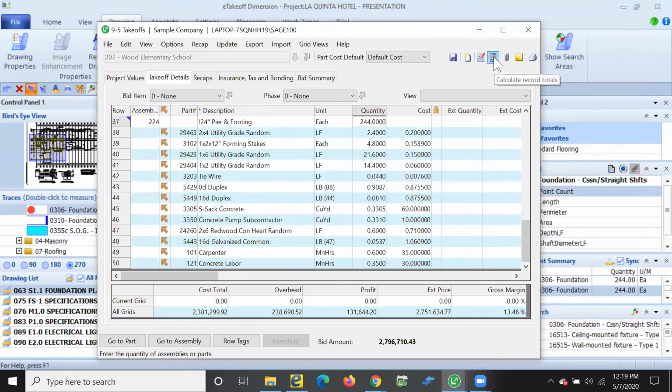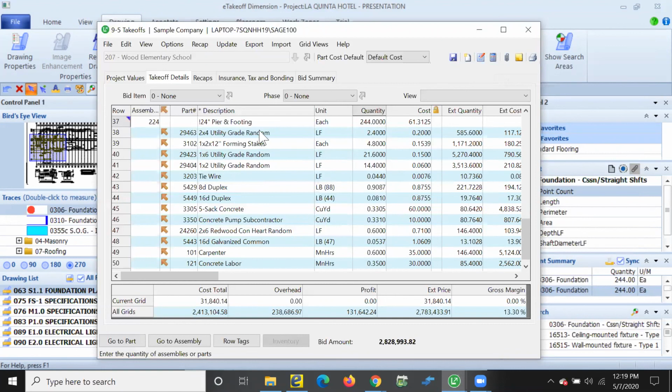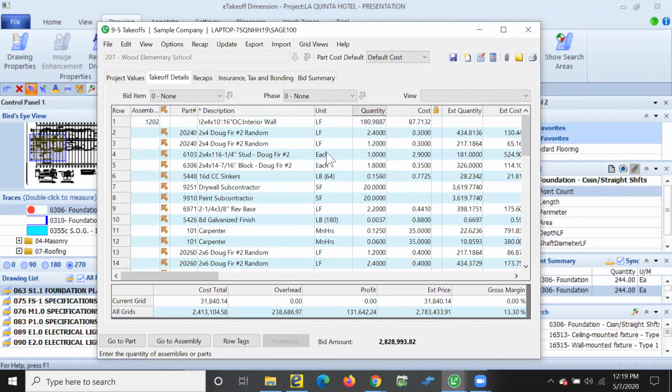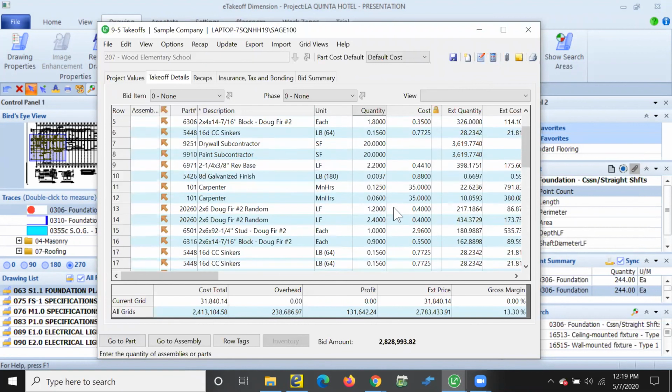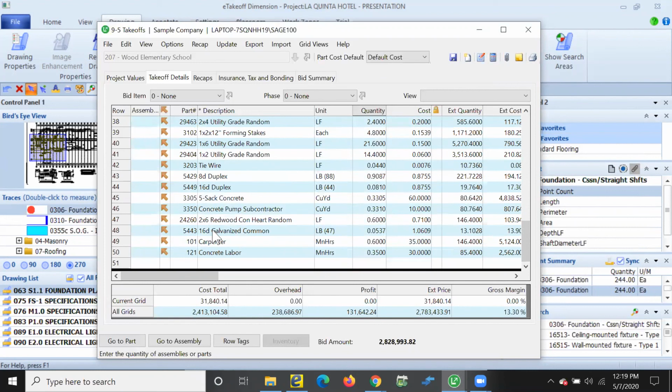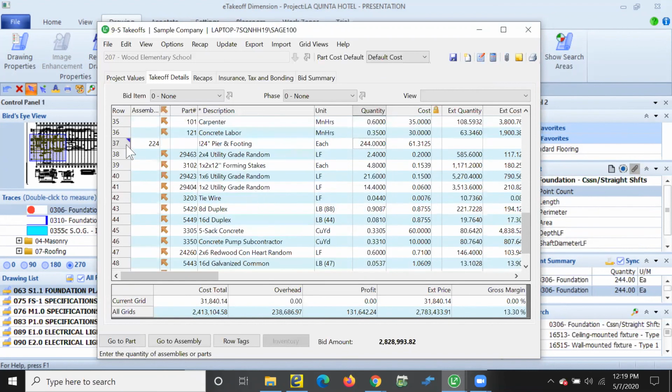Hitting that calculate button allows us to calculate the rest of the items that are included in that assembly. Same thing, I hadn't clicked calculate for my walls above, but we'll do the same thing there. And then notice too, as I go through this, there's a little blue tick on each row. That just gives me an identifier that my quantities came from eTakeoff.